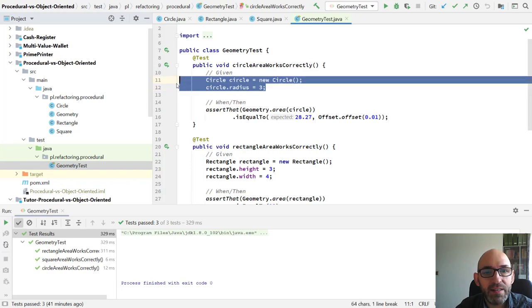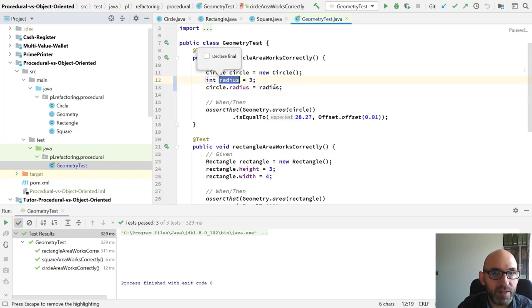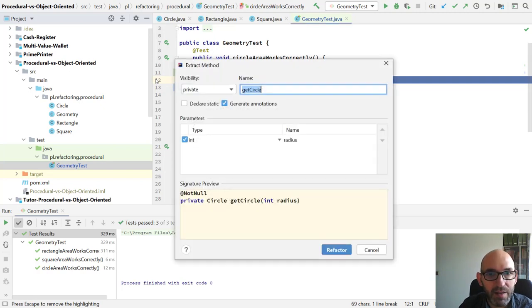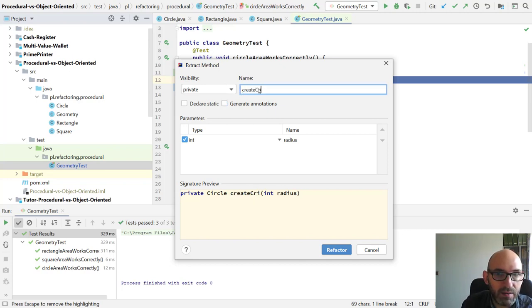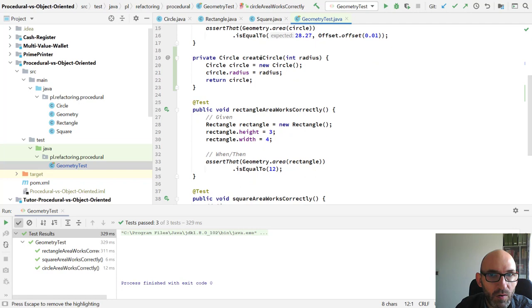Most likely, in reality, there would be a few other places like this one where in this style circle is created. So let me extract this local variable, radius, put it at the top. I will mark the remaining lines, Ctrl-Alt-M, so it will be, without annotations, create circle, for, and now what I can do,